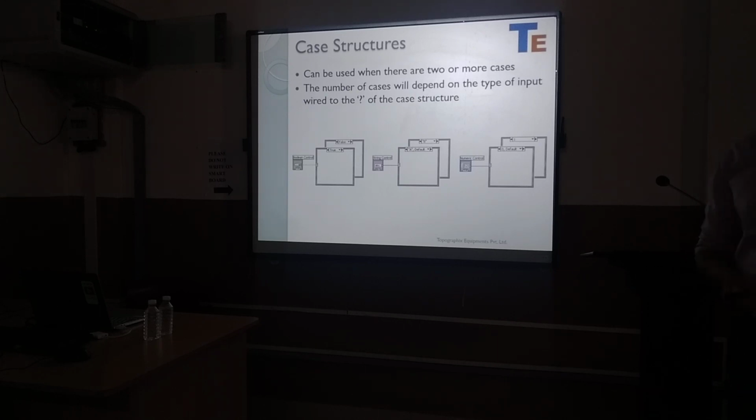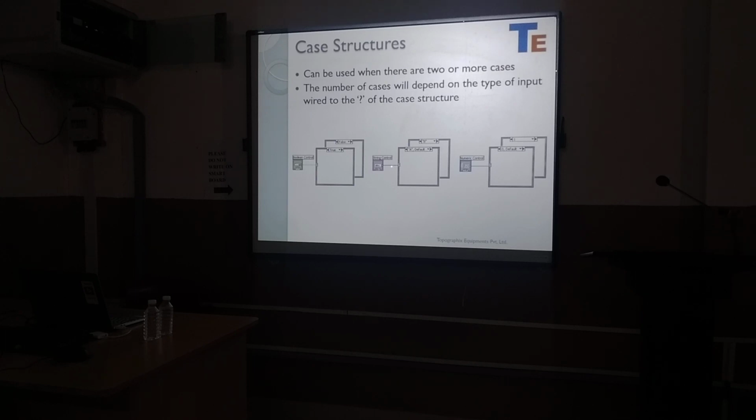Now what all can you wire? The basic, most simple one is a Boolean control. That is true or false. So if you have only two cases, you can use a Boolean control, a true or false thing. Do this or do that. Only two cases. Say for example, I have more than two cases, then I can also give it a string control. So whatever input, say for example, if you have different names. If I enter my name, it will search if that case is available in it or not. If it is available, it will go into that case. If it is not available, then it will go into the default case. And whatever code is written in that case is going to be executed.